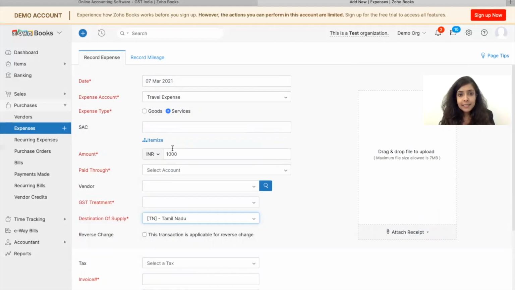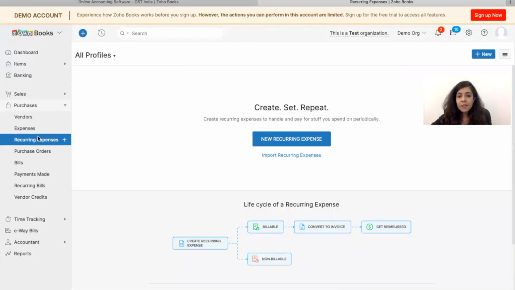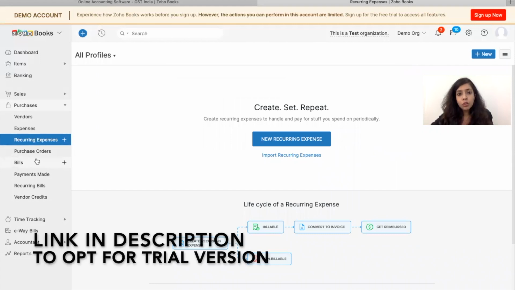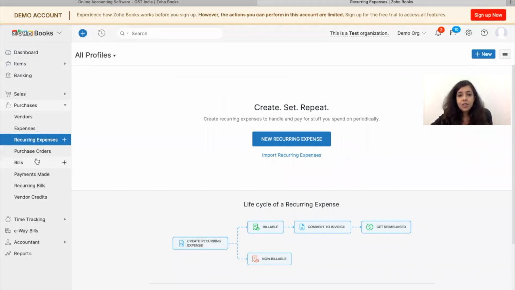As soon as you've booked the expense, this expense directly gets booked to the expense account and the payment gets booked in your bank, or the payment gets booked to your petty cash if you've paid through petty cash. If you have any recurring expenses, you can also book recurring expenses. So once you have taken the trial version, the best way is to explore the software for 14 days. Try and see what actually fits for your business, which aspects are of use and which aspects are not really useful for you. You can decide that in the trial period before you actually start using the software.